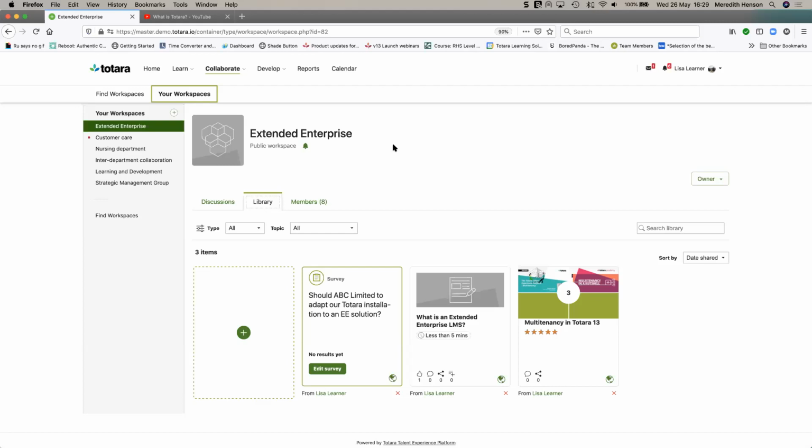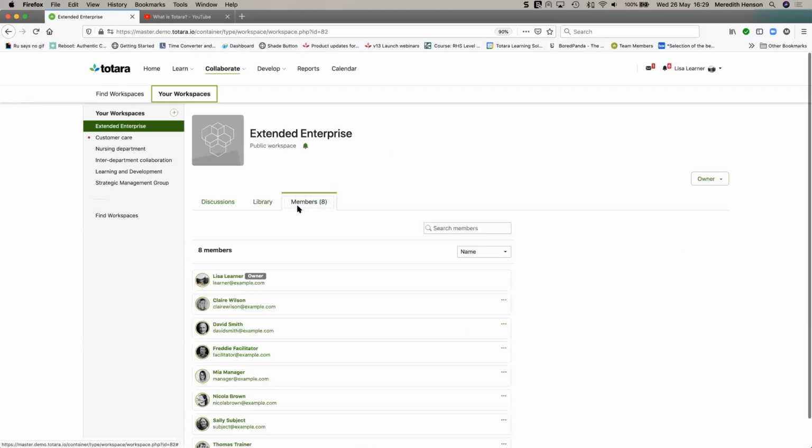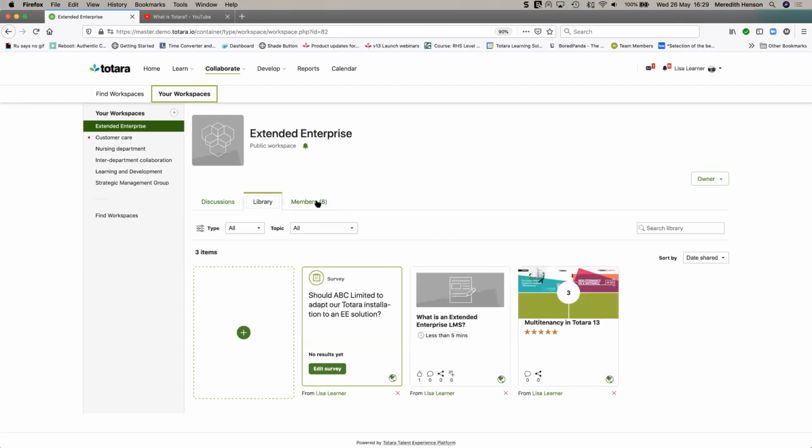Okay. So workspaces have a lot of opportunities for collaboration, for communication, for sharing content, for curating content as well. Just because Lisa has created this item doesn't mean that other members of the workspace can't add to that.